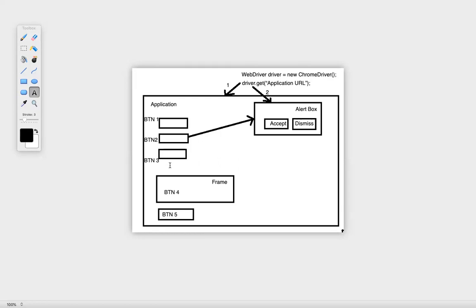But after BTN3, the driver is not clicking on BTN4 or performing any operation, and it is always giving you an error: no such element exception. There's no such element found. Now you get confused and cross-verify the XPath and ID and all those things, but